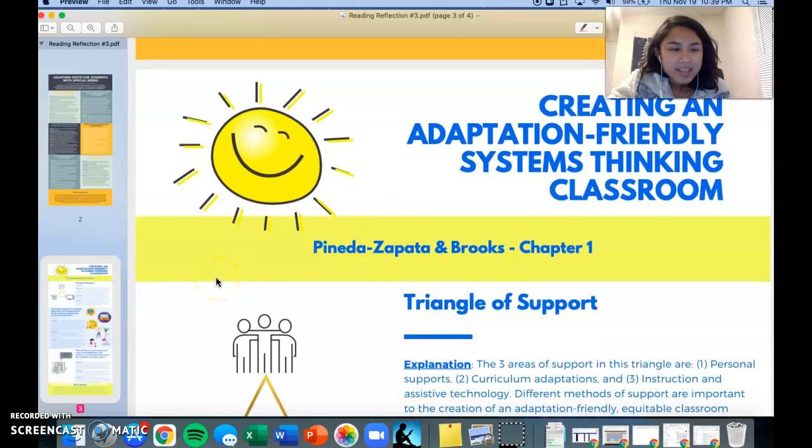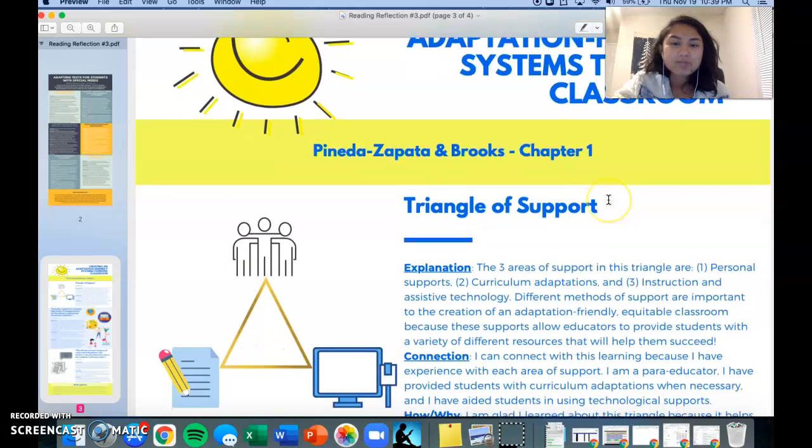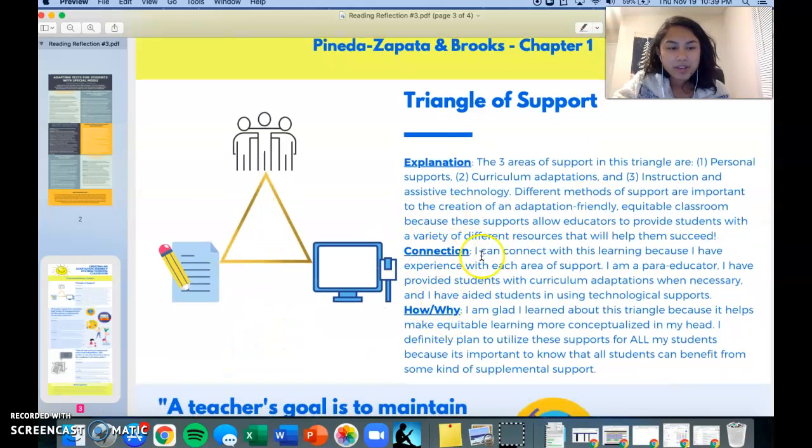This next one, I think, is one of my better infographics. It has this cute little sun right here. This is from chapter 1 of Professor Pineda Zapata's book, and it's creating an adaptation-friendly systems thinking classroom. The first point here we have is the triangle of support, consisting of personal supports, curriculum adaptations, and instruction and